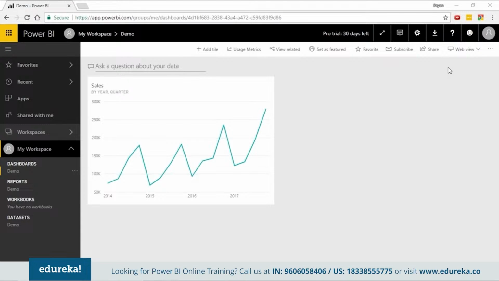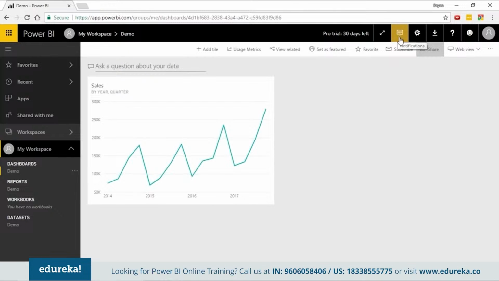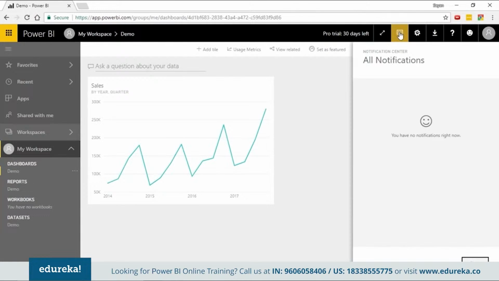One very important thing to remember is that in Power BI, you can only share stuff with everyone in your organization. So for instance, if you look at this link, this is where you can simply go ahead and specifically give access to whoever you want to share it with. Just start typing the email addresses that you want to send to, and automatically they'll receive email notifications, or they will get notifications on their Power BI service interface, which is the tab here. It's a notifications tab that you have here.